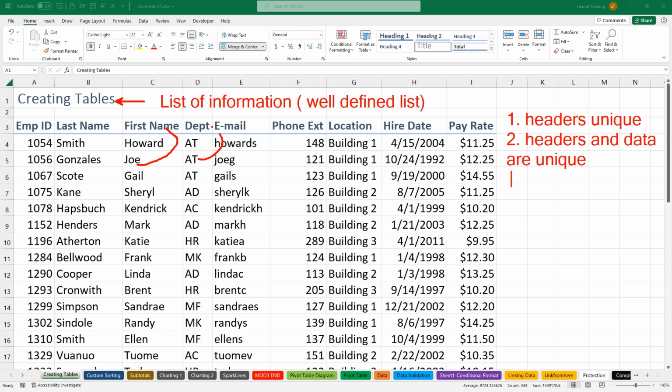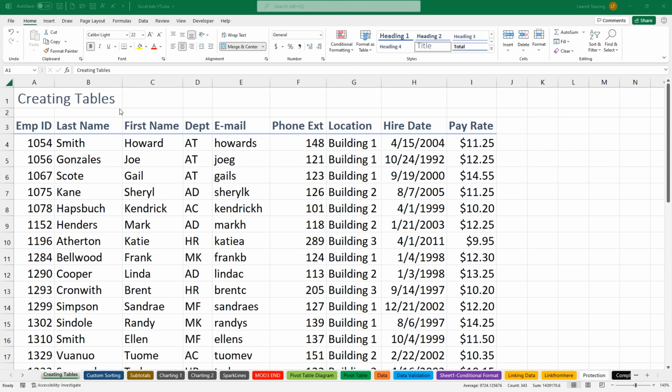Now, the third thing that I need in order to consider this a well-defined list is a complete data set. Meaning I can't have any blank rows or columns, even if they're hidden. And the interesting part is I actually have all three of these things. And if you do have all three of these things, you're in prime shape to actually get this list of information